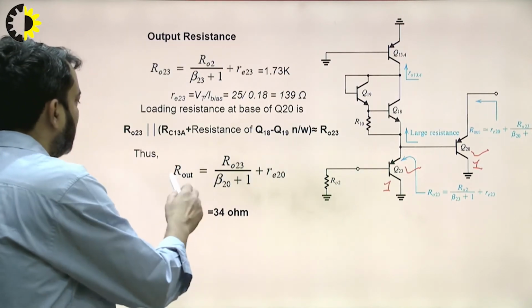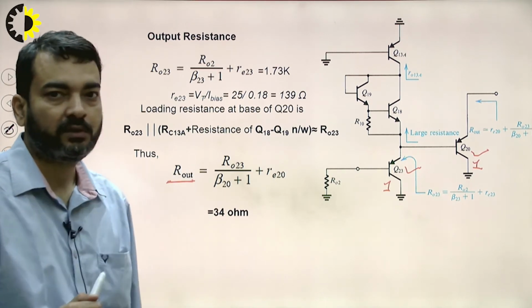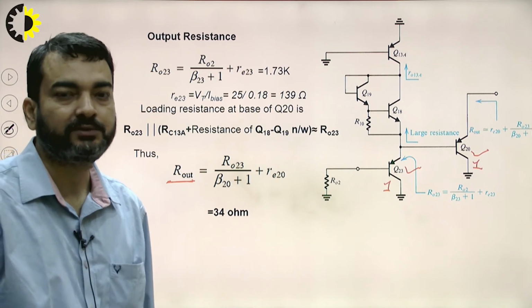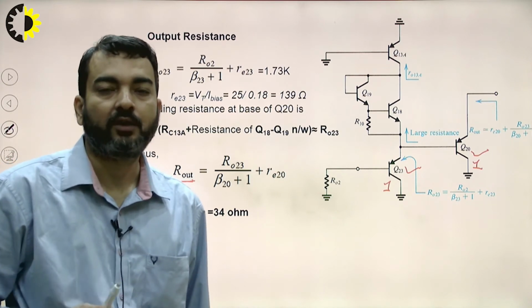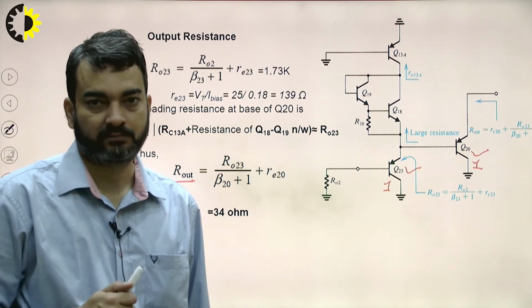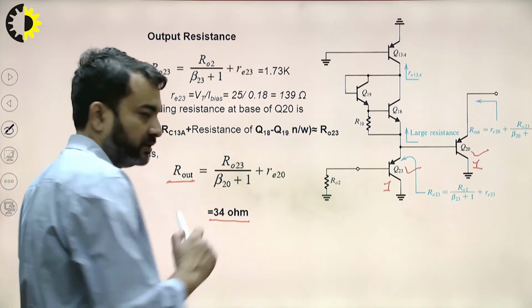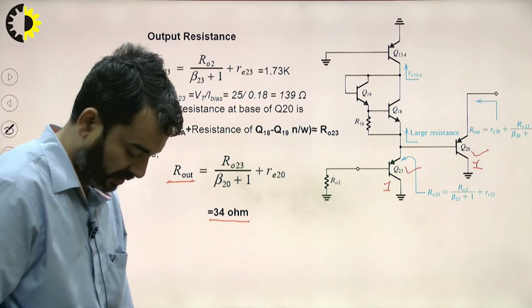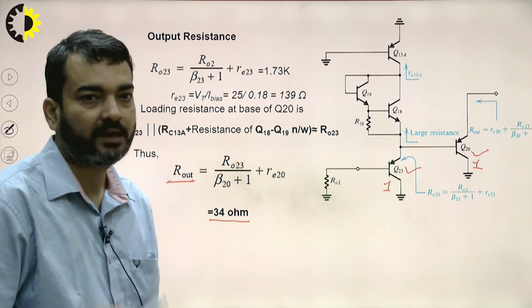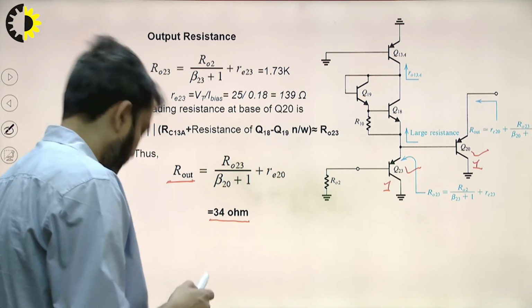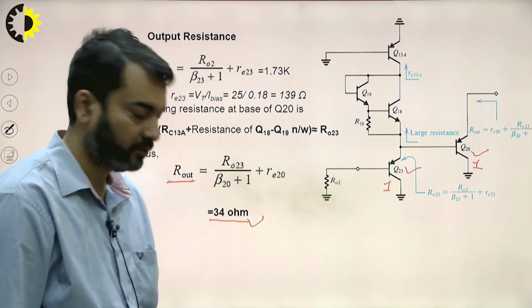And this is the output impedance Rout, which is nothing but the output impedance of the 741 IC. So as we know, what is the ideal output impedance of an op-amp? We say 0. So here, if you see, this is coming as 34 ohms. So it again verifies that the output impedance of the op-amp is very low and ideally it will be 0. So we have calculated this output impedance as 34 ohms.